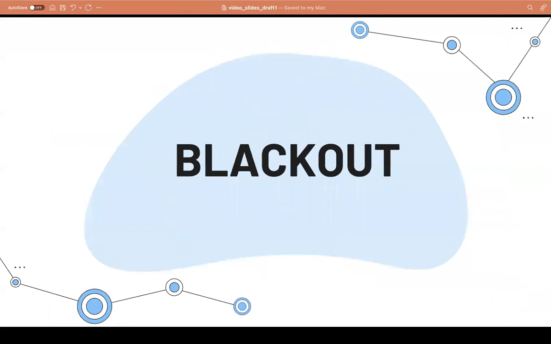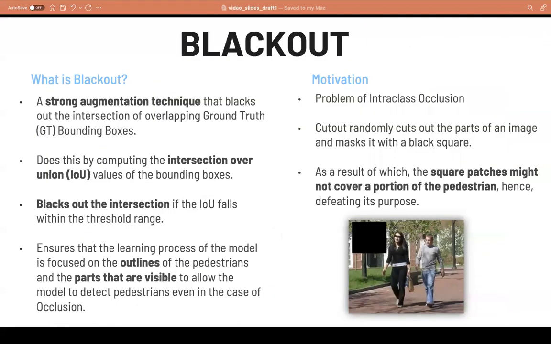So the proposed algorithm, Blackout, is actually an enhancement of the existing cutout augmentation technique. What Blackout does is it calculates the intersection over union values, or the IOU values, of the ground truth bounding boxes, and it blacks out the intersection if the IOU value falls within a certain threshold, for example from 0.2 to 0.5. So what this ensures is that the learning process of the model is focused on the outlines of the pedestrians